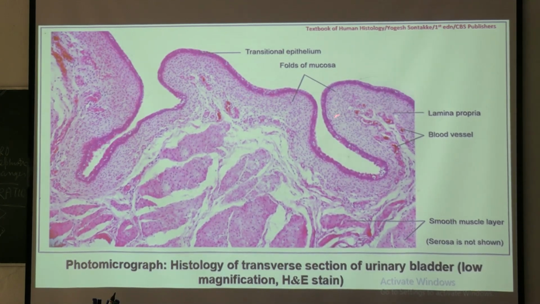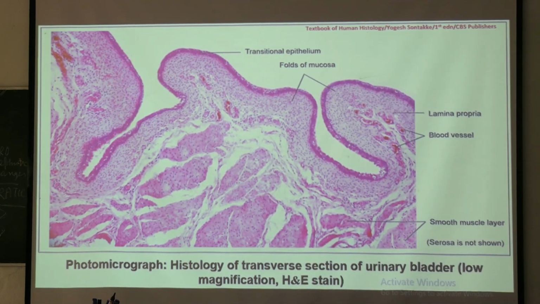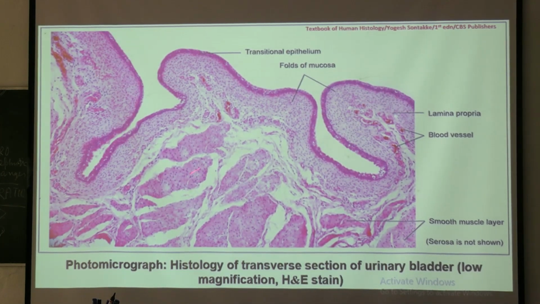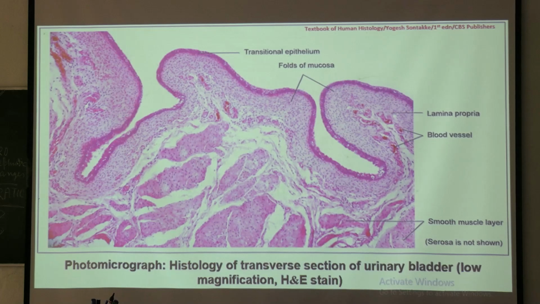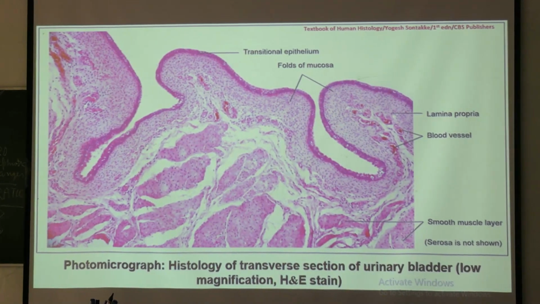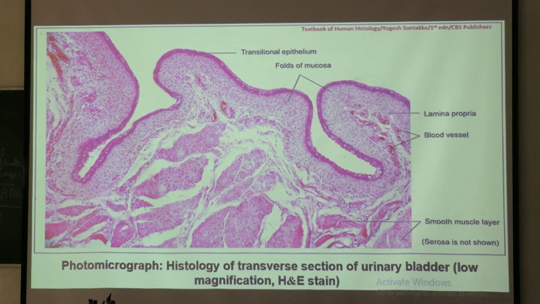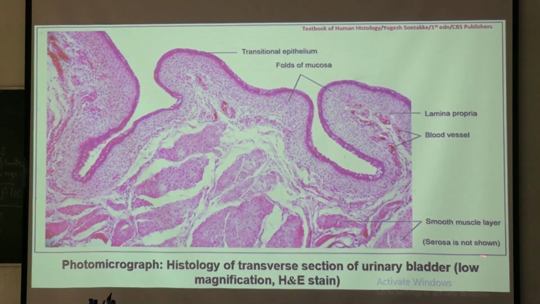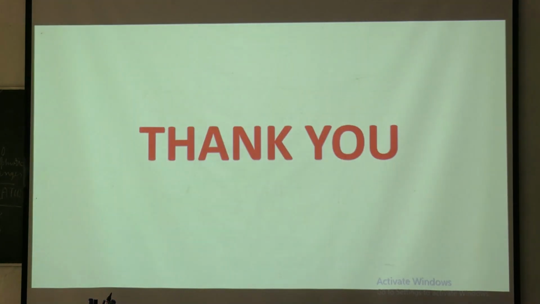After that, the lamina propria, then these are the muscle fibers. You cannot distinguish inner, outer longitudinal, middle oblique. Muscle fibers are lying in different directions. Okay, and outermost will be the serosa or adventitia. Okay, so like this we will see under the low power magnification.